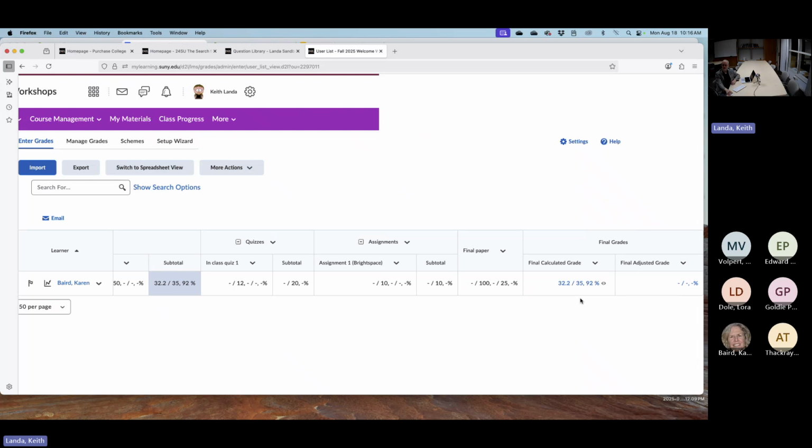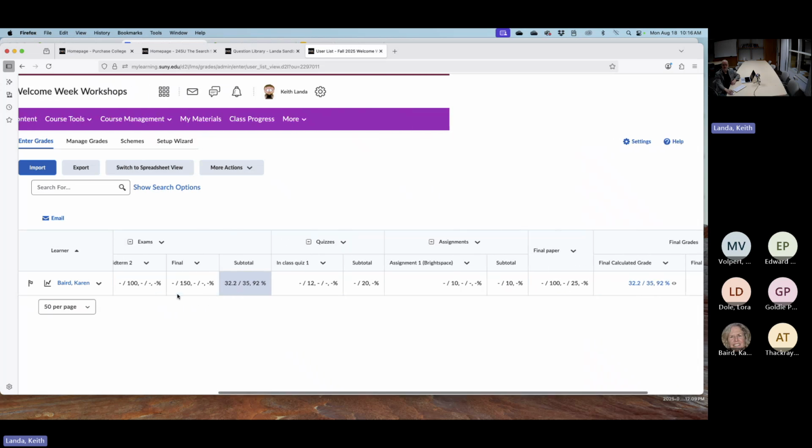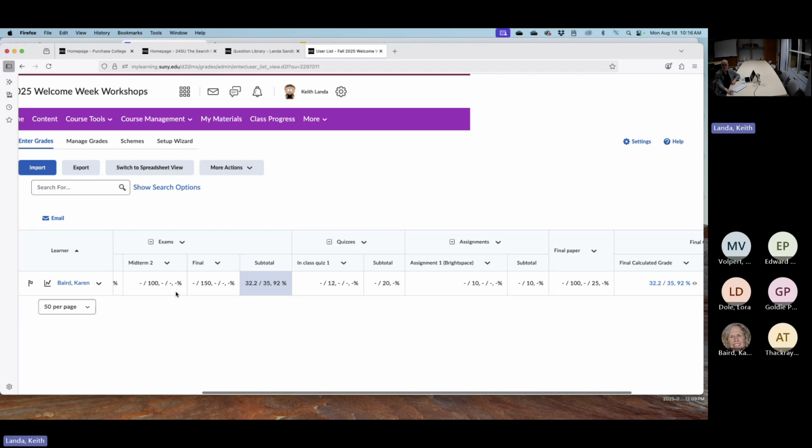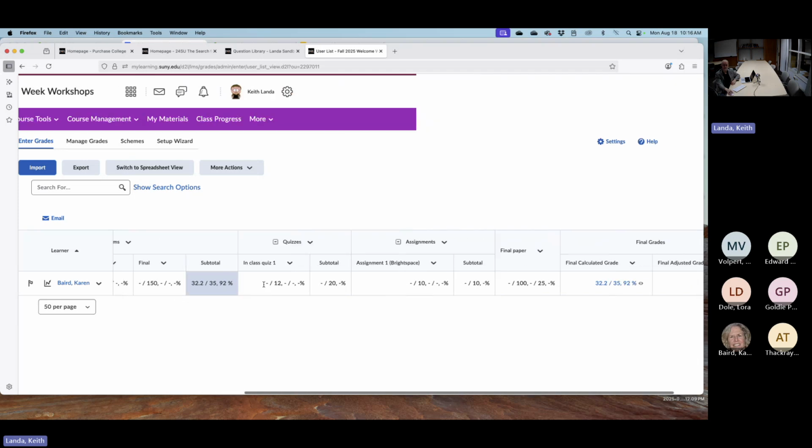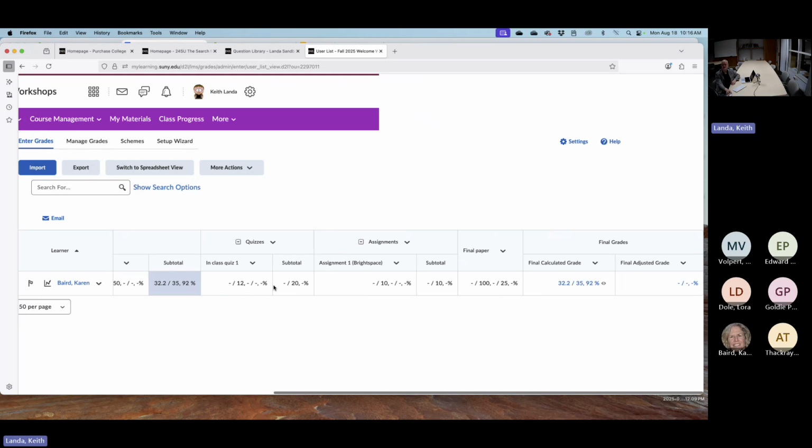Final calculated grade is there by default. It is just keeping track of the items that you've entered in and the weights or the point values that you've assigned based on the grading schema. And this percentage at the end of the semester will represent the percentage that the student got out of that